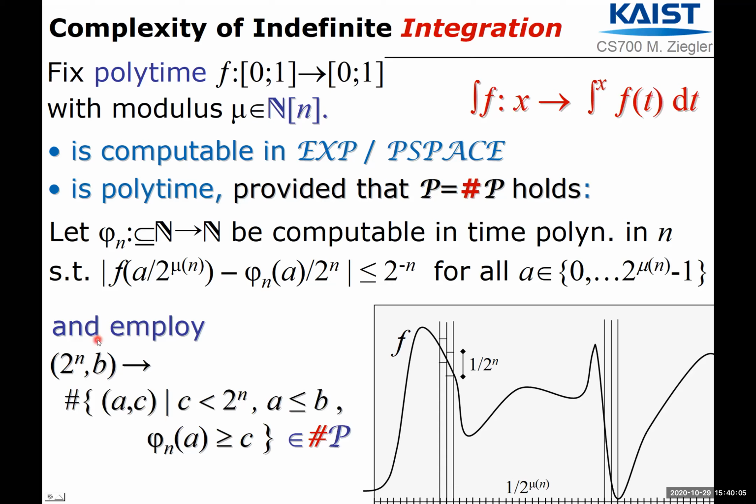So here we consider not an NP decision problem, but a counting problem to express approximating the Riemann integral in this way. And the counting problem we consider is this. We count the number of pairs A and C in dependence on the unary precision parameter. Remember, this is unary, and it depends on the binary right-hand side parameter for the integration bound. So we integrate up to x, and x is approximated by b divided by 2 to the mu of n,